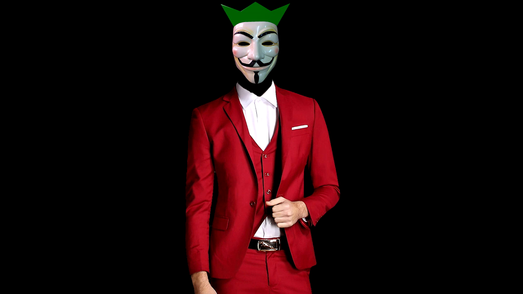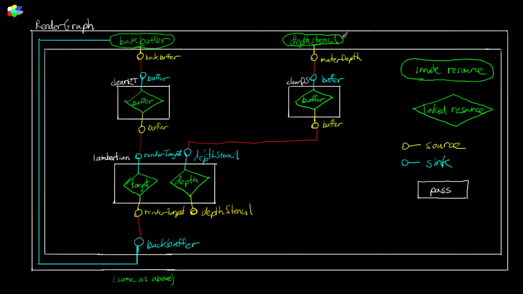And then when you have these passes factored out as their own separate classes, when you improve a pass, all the render graphs that use that pass automatically get improved, which you wouldn't get if you just copy and pasted all that code everywhere. All right, so let's look at a top level diagram of what a render graph is